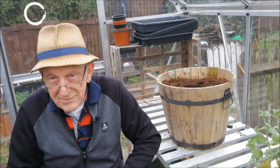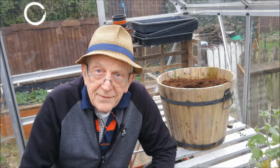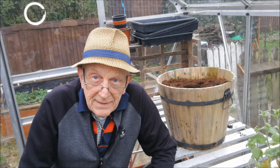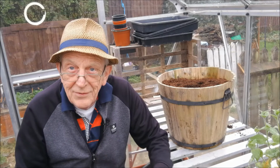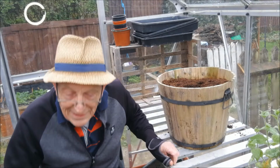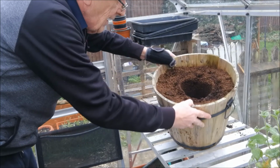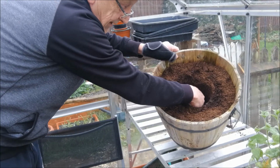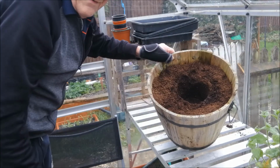So these plants arrived from Kew Gardens about a week ago, and over the last 24 hours I've really soaked the pots in water to make sure that when I transplant the pots they're not going to damage the plants at all. What I've also done is I've made an indentation, I'll just show you, in the top, and that's basically the plant pot I've put inside here, so I know that the plant is going to fit nicely in there